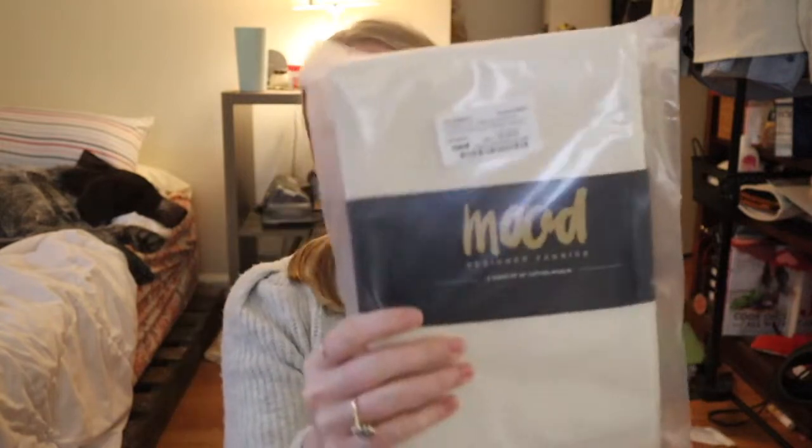I read through the instruction booklet once, and I think I cut everything out that I need. I recently ordered some swatches from Mood Fabrics for another project, but I went ahead and ordered some muslin fabric. It popped up as like an ad. I got 5 yards of 44-inch muslin, and it was a pretty good price. So got that here, and I'm gonna go ahead and cut out pieces for my muslin. So I will be cutting out the front, back, yoke, and fly